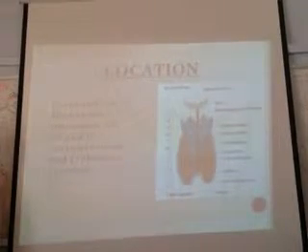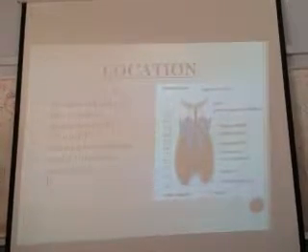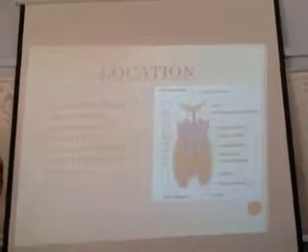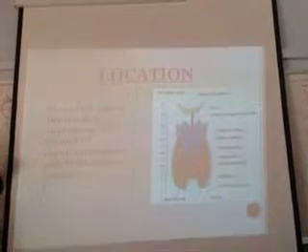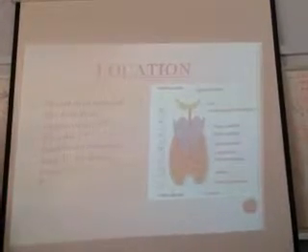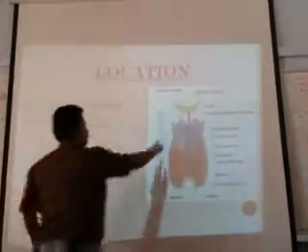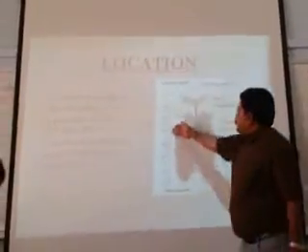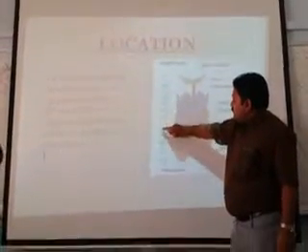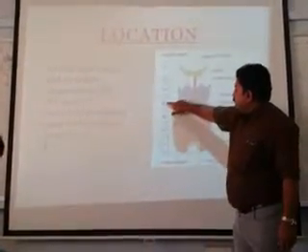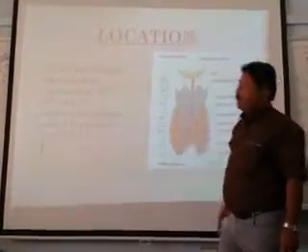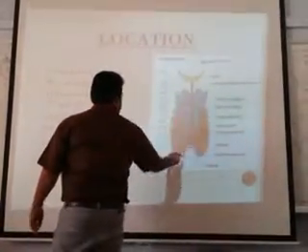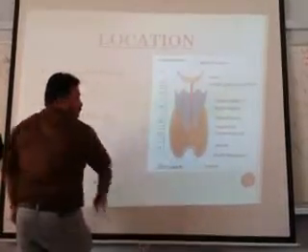And next is about the location of thyroid gland. Front and side of the trachea. Trachea, you know? Yes. So it is located in front of the trachea, opposite to the 5th, 6th and 7th cervical vertebra. Okay. See here, it is the vertebral level: C3, C4, C5, C6, C7 and T1. So about C5, C6, C7 up to T1. Location: at the level of C5 to T1.